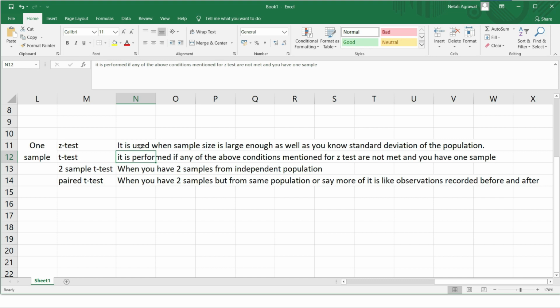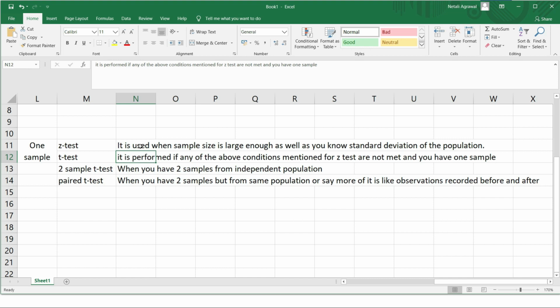So what is it? It is two tests. You are doing a test on two different samples. You are checking your hypothesis on two different samples. Same thing, if it is a BP medicine, first you record the observation without giving the medicine, then you try your medicine, and after say 1 month or 2 months, you record the observation on the same 20 people whom you recorded the observations on before giving the medicine. It is before and after that you are recording your observations on the same set of sample. So that is a paired t-test.